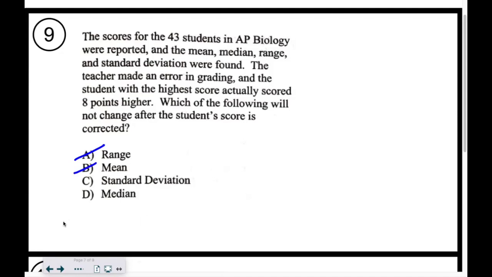Well, you just really how far it is from the mean, but we can just think of it as a measure of spread. And this data is more spread out now because the highest person is even higher than they were. So that leaves median, and that makes sense. All right. So if you just think of an example, I'm going to do a much smaller example, but